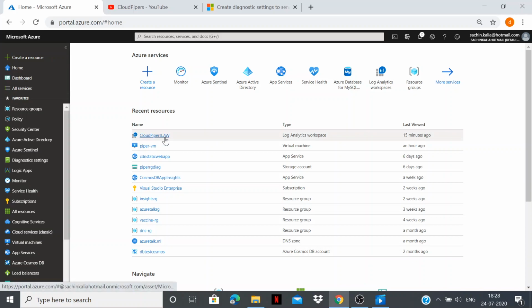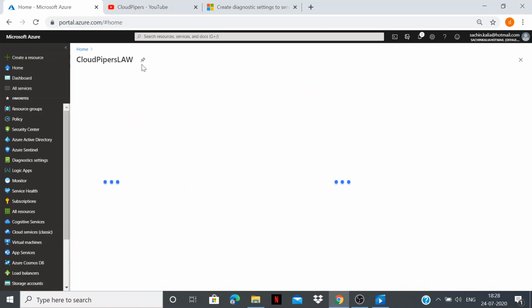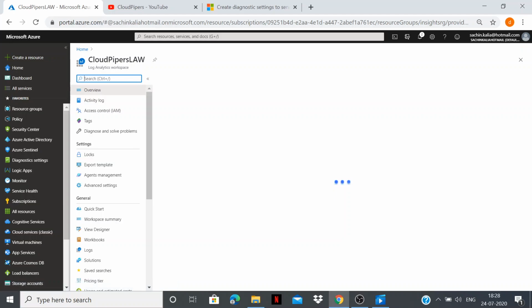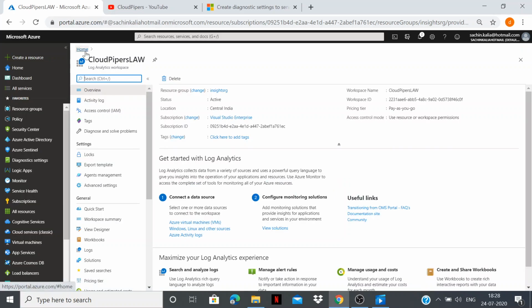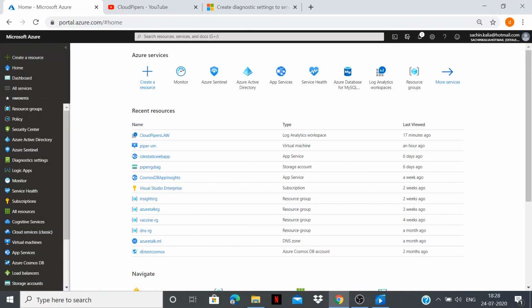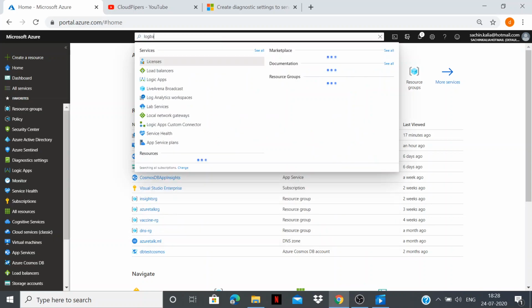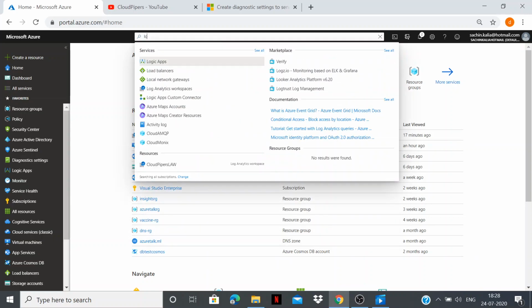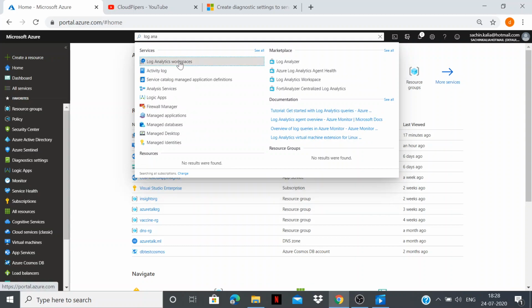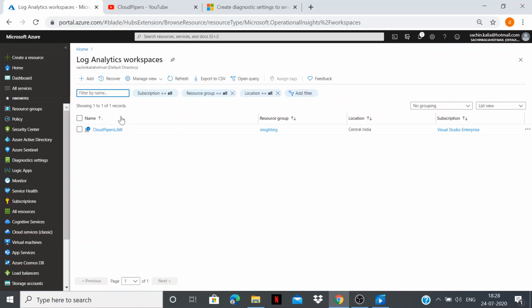Here, for today's purpose, I have already created my Log Analytics Workspace, which persists inside a resource group. You can create a Log Analytics Workspace as well. I'll tell you the way: go here and click over here.